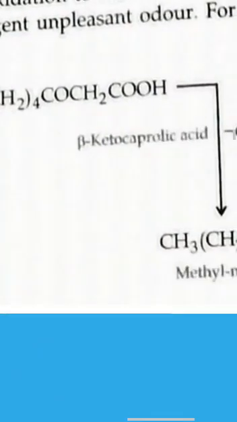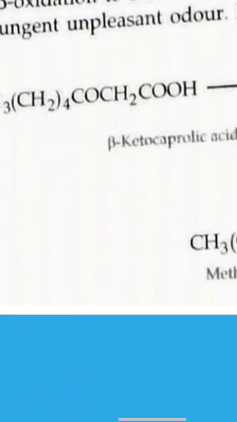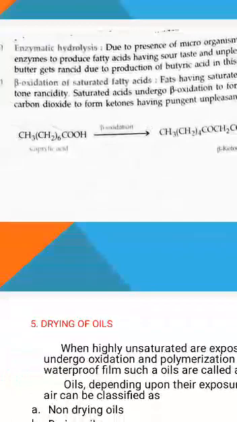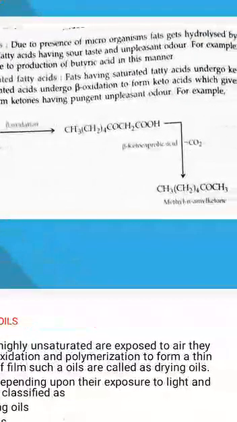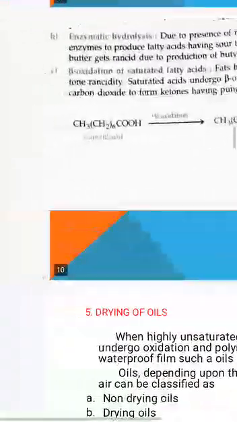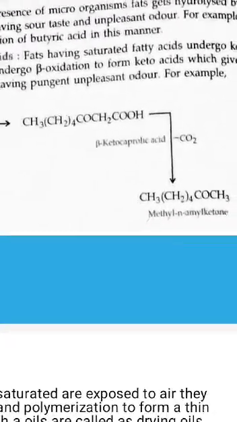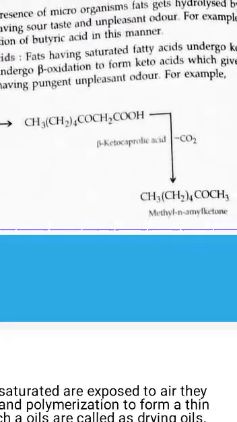Here, the alpha CH2 and this is beta. Beta CH2 becomes CO, and there is a formation of beta keto caproic acid. After oxidation, the fatty acids are converted into beta keto acids. The caproic acid after beta oxidation is converted into beta keto caproic acid,